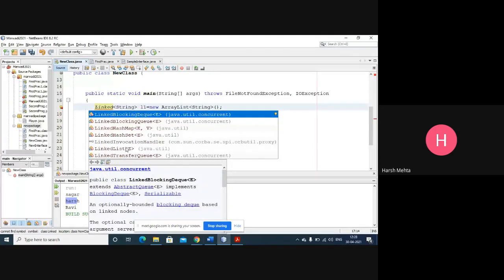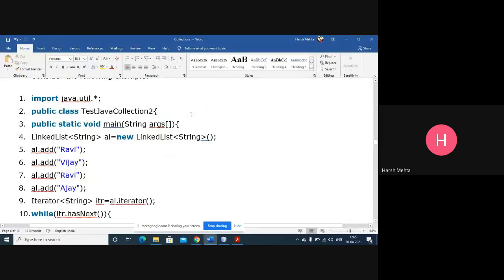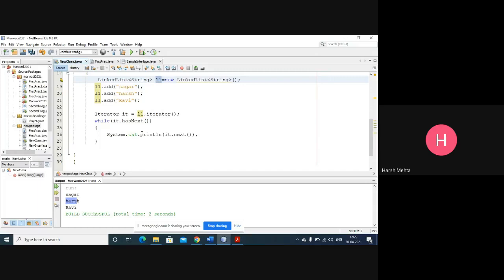The linked list here. So inside linked list, we want only string, not others. Linked list L1.add. The same way we are putting values, we can put some values in linked list.